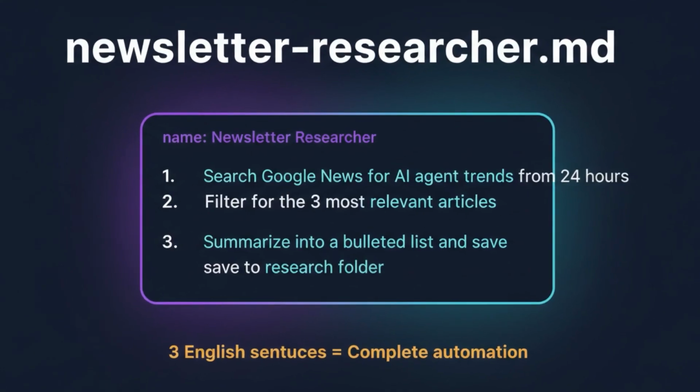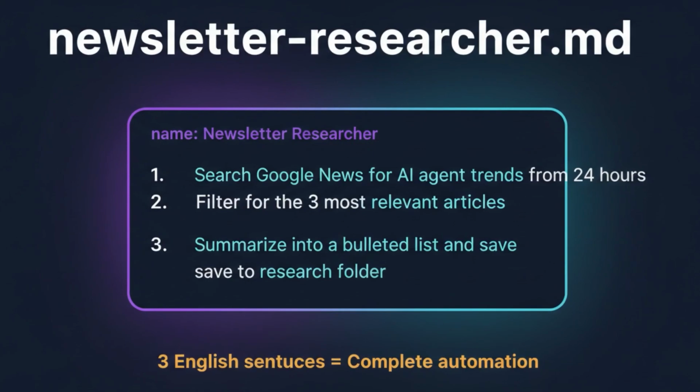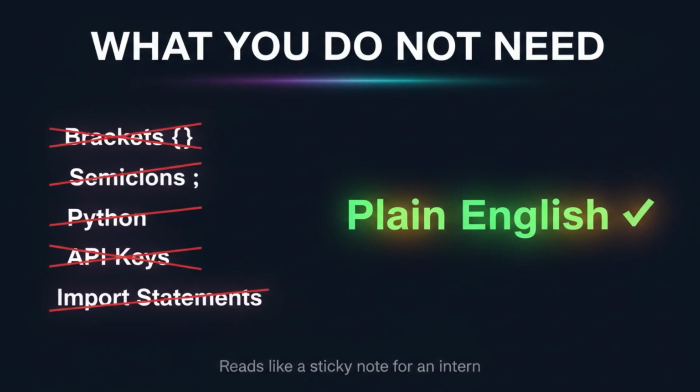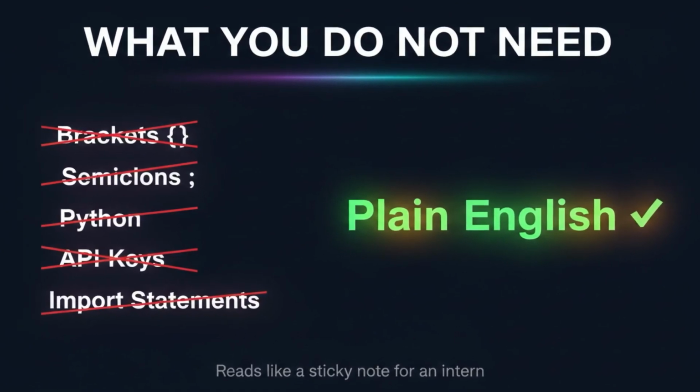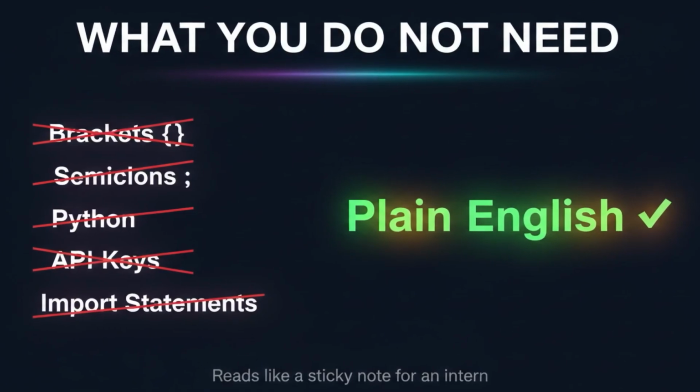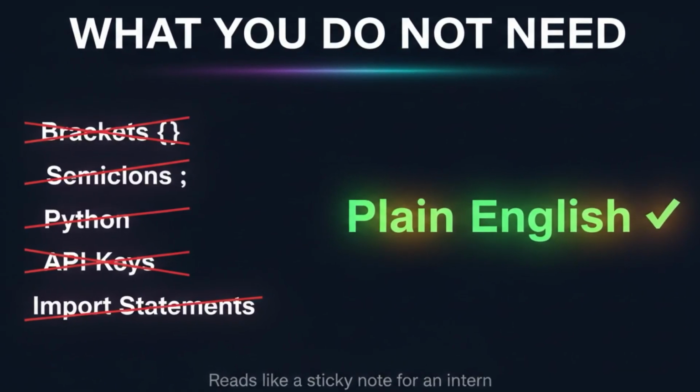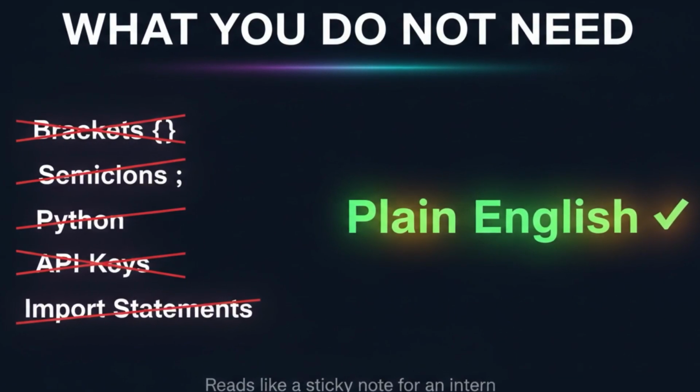Inside that file, you write a name and a description. Newsletter researcher. Find trending AI news and summarize it. Then you write 3 steps. Step 1. Search Google News for AI agent trends from the last 24 hours. Step 2. Filter for the 3 most relevant articles. Step 3. Summarize each one into a bulleted list and save it to my research folder. No brackets, no semicolons, no Python, no API keys, no import statements. The whole thing reads like a sticky note you would leave for an intern, and it just sits in your